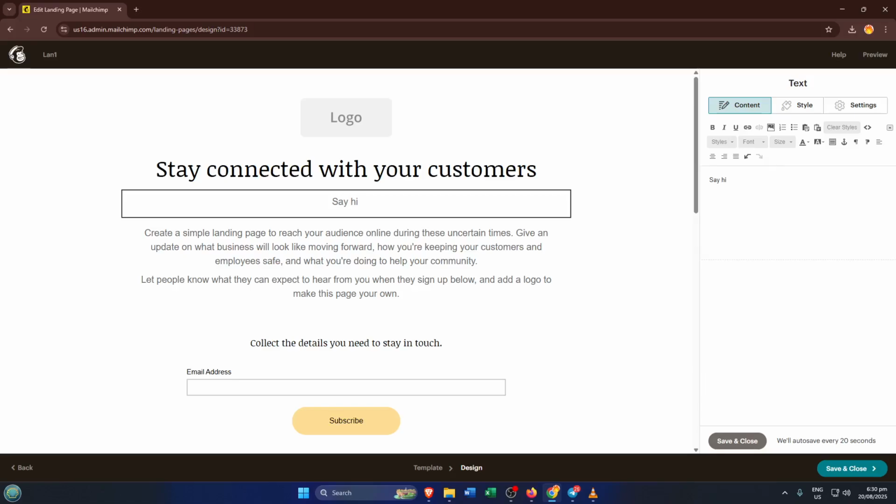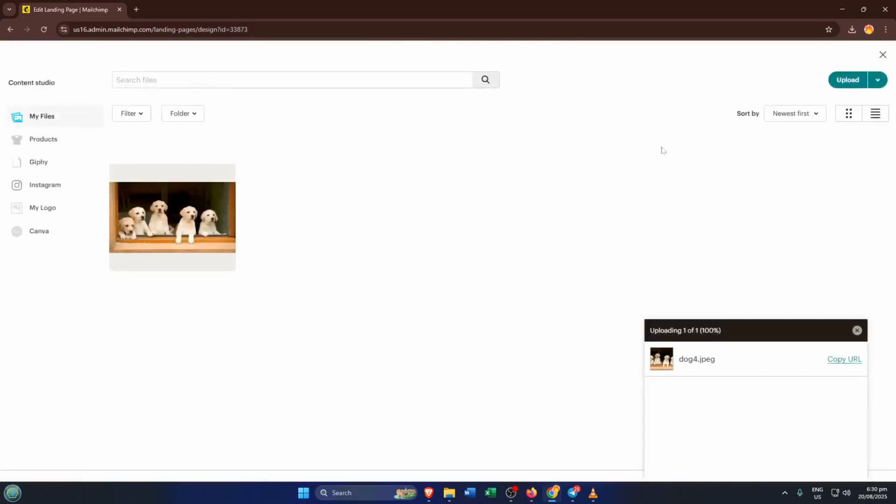Now here's where we bring in the images. With your cursor in the text area, look for the little Content Studio button. This is Mailchimp's hub for all things visual. You can upload, organize, and insert images right from here. Click that button and you'll see a gallery of your uploaded photos, or you can add a new one if you like. Pick the image you want to use, maybe a cute photo of your pets to fit our example,